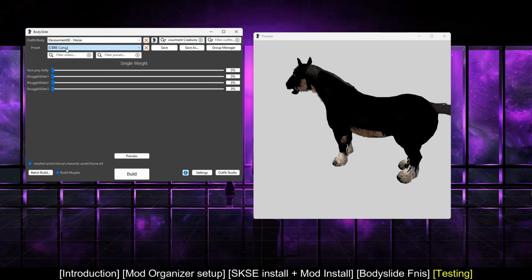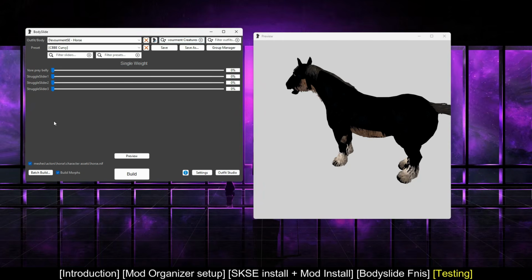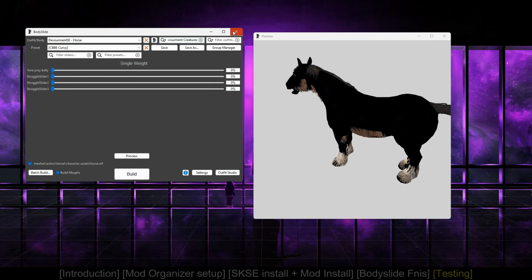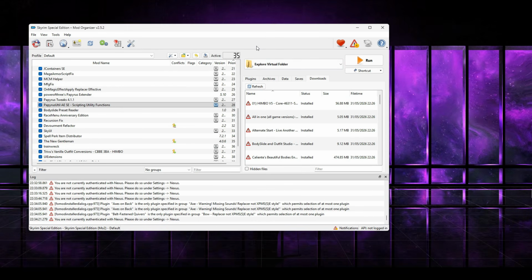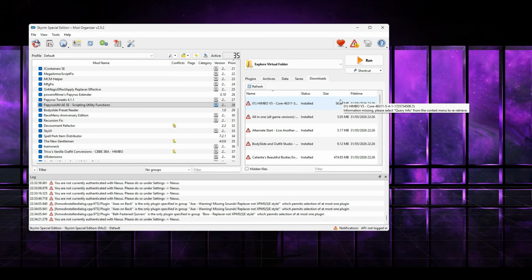The presets are going to be empty, so it doesn't matter what's there. Outfit body doesn't matter, just as long as all the sliders are zero. That'll take care of that. That'll give the creatures vore bellies. Close that. You're good. We have all the mods downloaded, we have them all installed, we have the script extender,